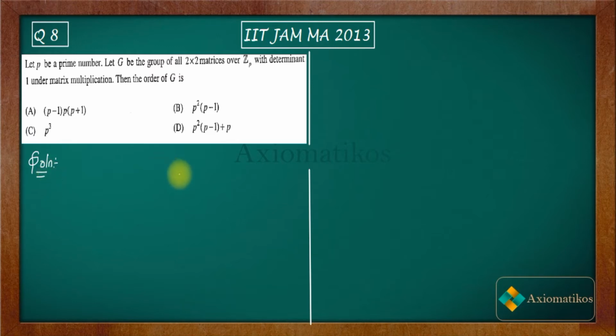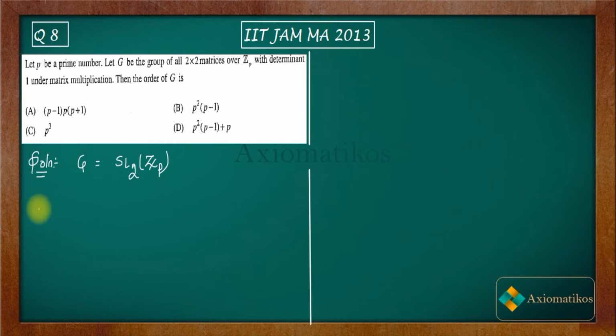So what you have is a group G which is a group of 2 cross 2 matrices with determinant 1. So generally we write that group like this. Now instead of n, we have 2 here, right? So this is our group. Now I am going to introduce a formula for you because it will be helpful always.